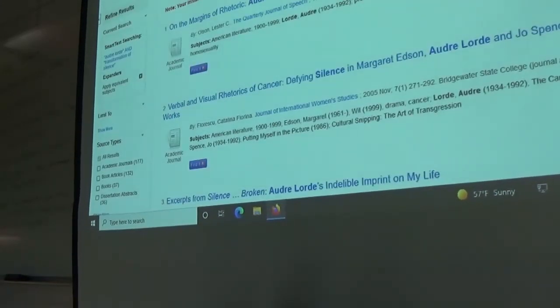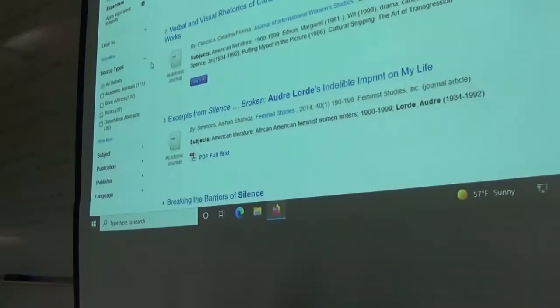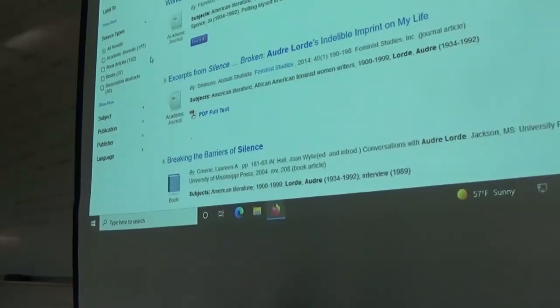And it gives us 387 results. That's a lot more than we want to have to sift through, right? So there are a couple of things that we can do here. We can, on the one hand, break these down by type, right?